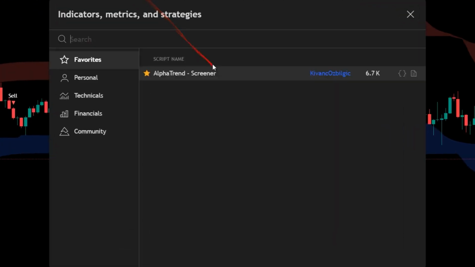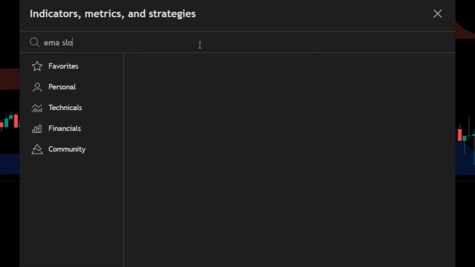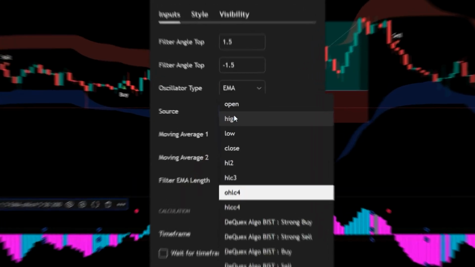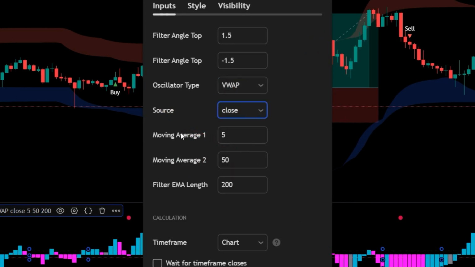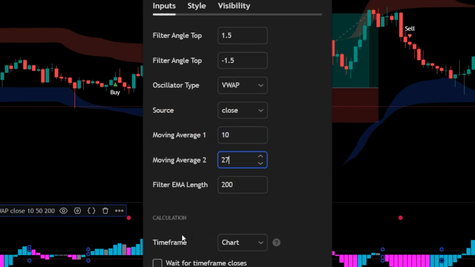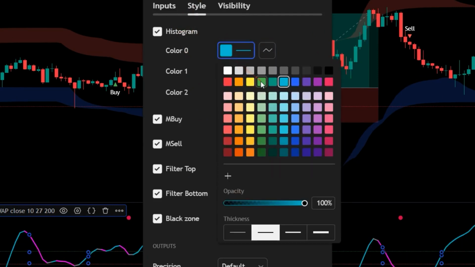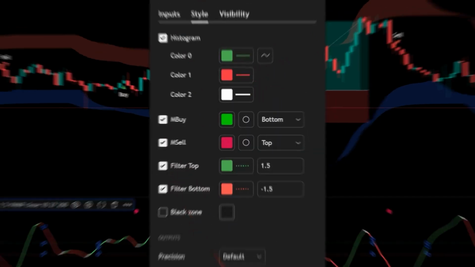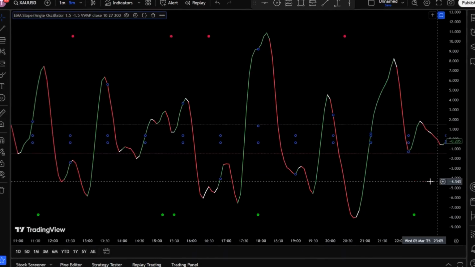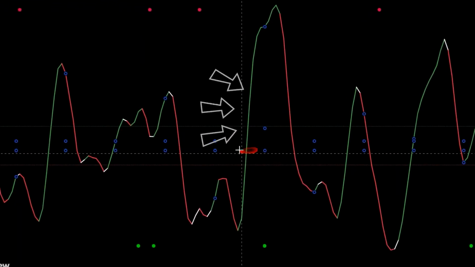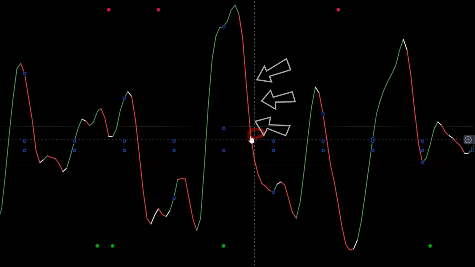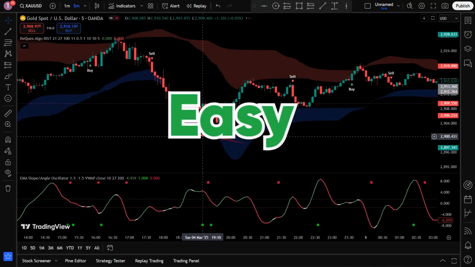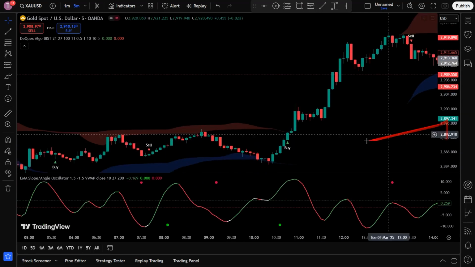Now go to the indicator section and add the EMA Slope indicator to the chart. Enter its settings and make the changes in there. We also use this indicator to identify trends. The green color indicates an uptrend, while the red color indicates a downtrend. Working with these two indicators is easy, but now it's time to combine them and create an awesome trading strategy